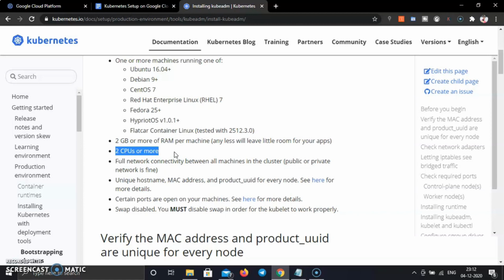After we create the machine, we will have to install Docker, because that is the basic need to set up Kubernetes, since behind the scenes Kubernetes uses Docker. After setting up Docker, we will have to install the kubeadm, kubectl and kubelet commands in our system. For these we also have to configure the repository, because this software is not available in the default repository of our Linux system. So let's start the story.